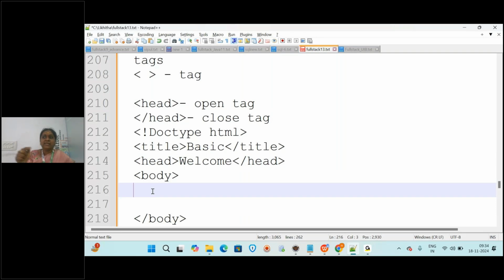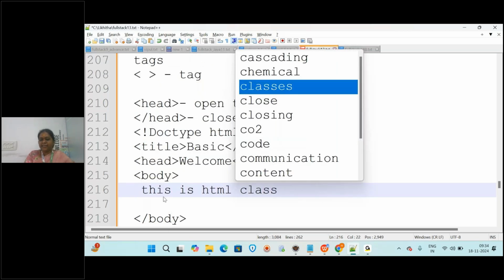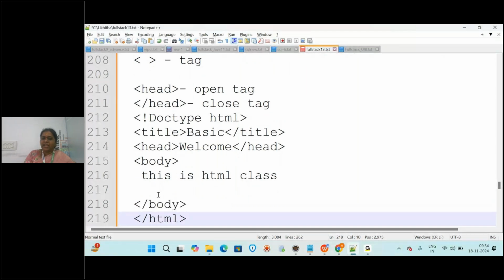Body means the content of your web page, so the content will be displayed on the screen, right? Whatever you write here, like this you will be writing. Then you close the body tag, and we close the root element, that is HTML.